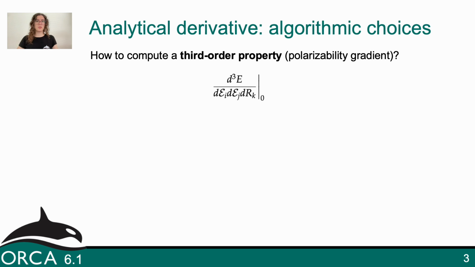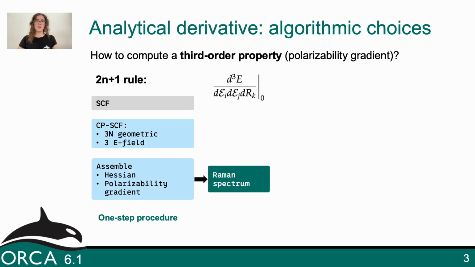What I'm talking about is the 2n+1 rule, meaning in order to calculate the third derivative of the energy, of course we need the SCF solution, so the unperturbed wave function, but in this case we will also need the geometry. If we apply the 2n+1 rule, we will also need the geometric